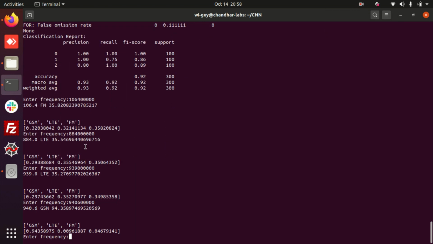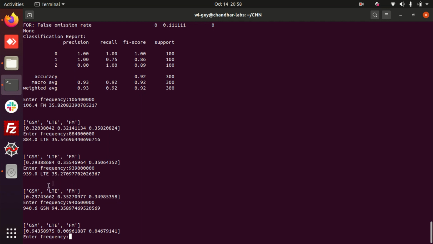See here, when I enter the GSM frequency 939 megahertz, it has mispredicted as LTE with 35.27 probability, whereas when I entered the trained GSM frequency that we got when we scanned, 940.6 megahertz, it correctly predicted GSM with 94.35%.